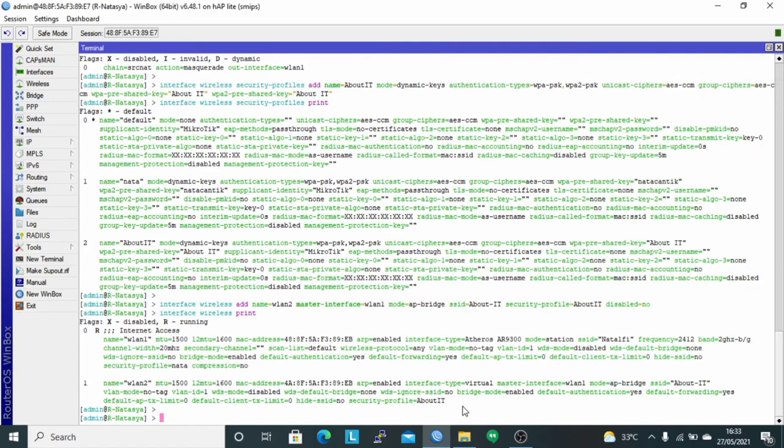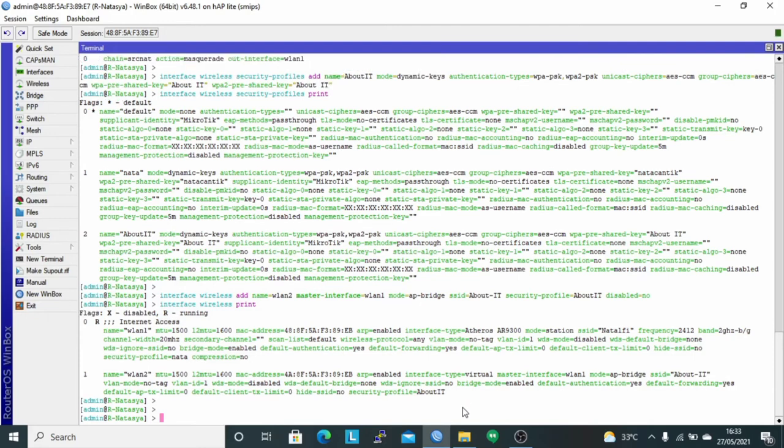Next, I will create a new SSID using a virtual interface with interface WLAN3. The command is interface wireless add name. Here using the name WLAN3. Master interface is WLAN1.